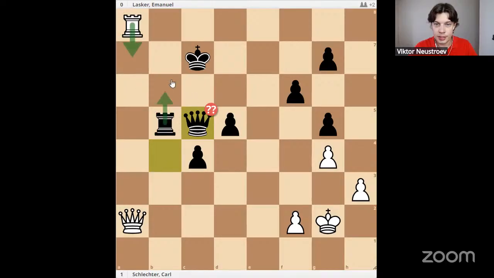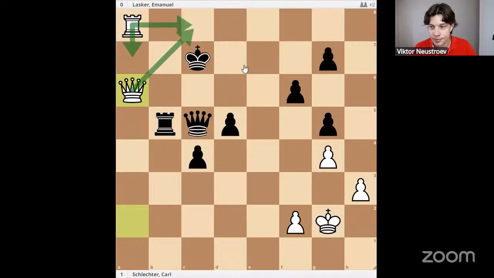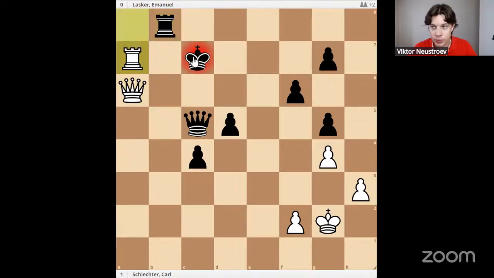So if rook a7 check, then probably rook b7 makes sense. Yeah, they missed this idea of queen a6 to threaten rook a7, to threaten queen c8, as well as rook c8. So how to play? Well, c3, then we can take the queen at least. But probably c3 was the best move. They played rook b8. Rook a7. The king has to go to the back rank, or they have to sacrifice the queen, but without this queen, it's losing. So king d8,